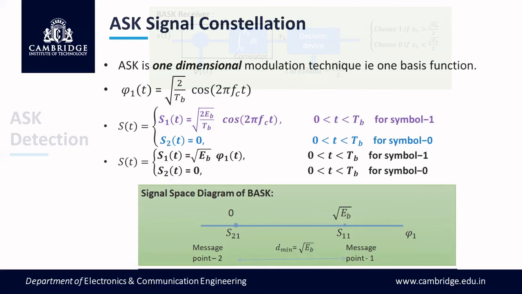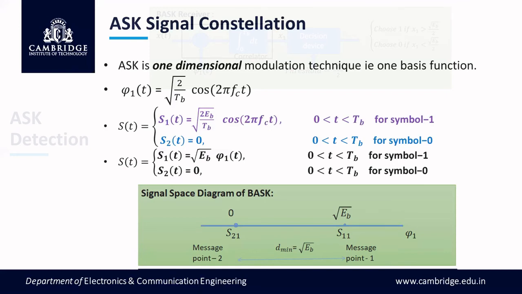So this is the block diagram of the ASK receiver, and here X of t is the received signal, which has two parts. One is the transmitted signal S of t, another one is the noise signal W. Now, this can be easily designed using the signal space concept. The receiver uses coherent detection.